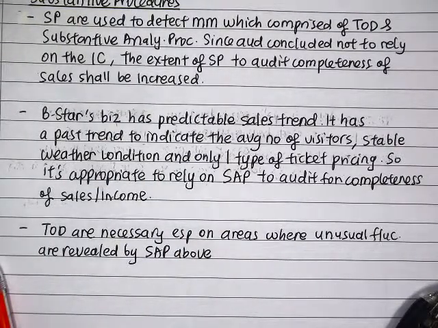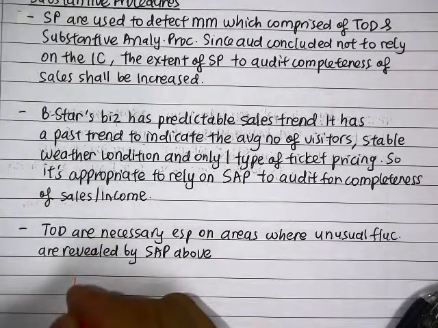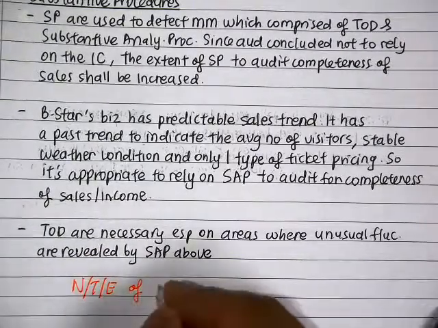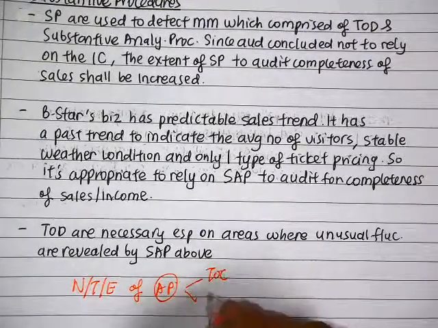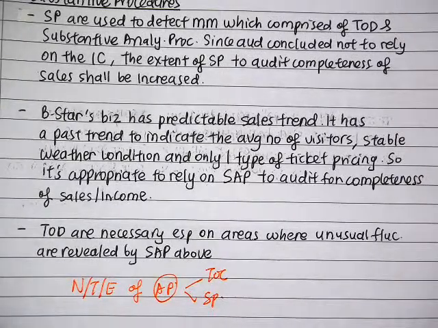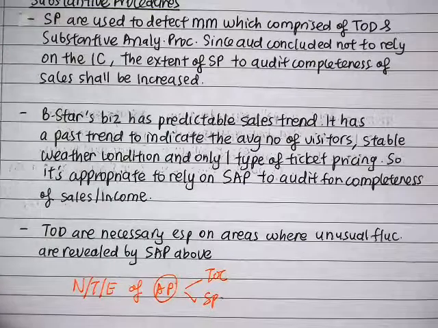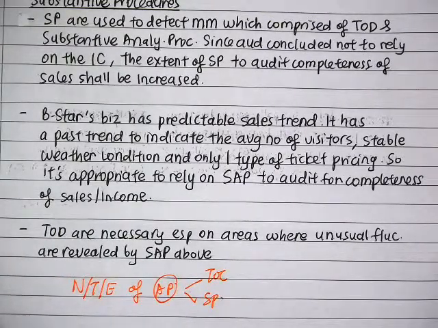Now, what they are asking in part B over here is they actually ask us about nature, timing, extent of your audit procedure. And you know that when you talk about NTE, you have TOC, you have SP. So you need to understand the concept when that TOC is used and when that SP is used. Okay, and this one relates back to the risk that we talked about just now in B number 1. Now, part B is a bit difficult, all right? Because most students can't think like that. So you look at the question, they don't know what the examiner wants, then they simply go in and write something. Follow? Okay, so this is part B. So we finish off with B.